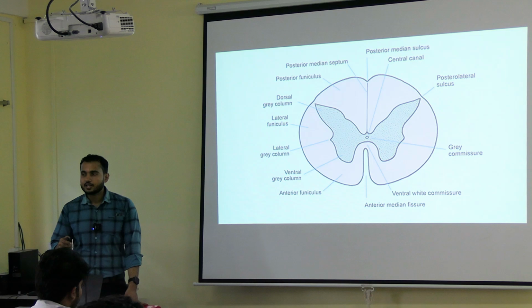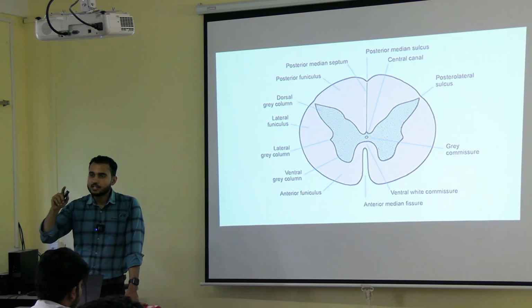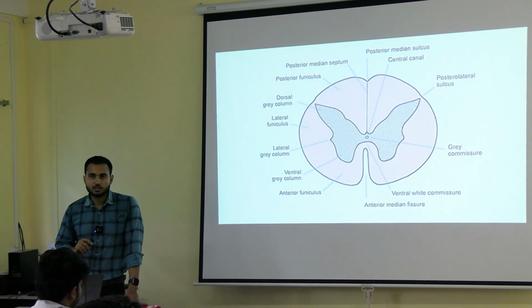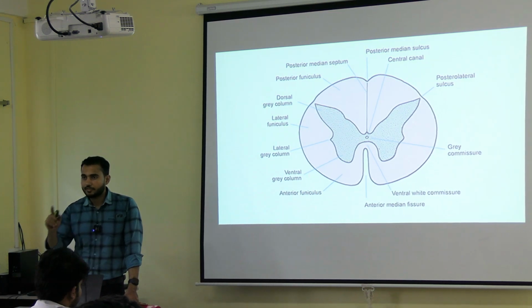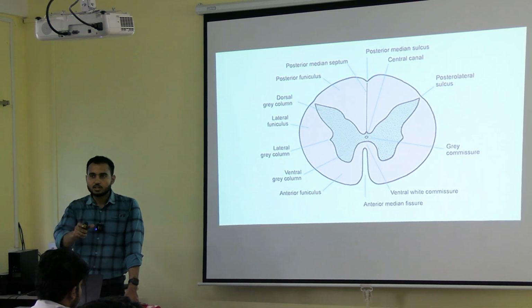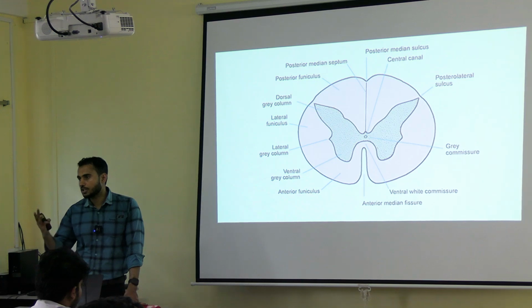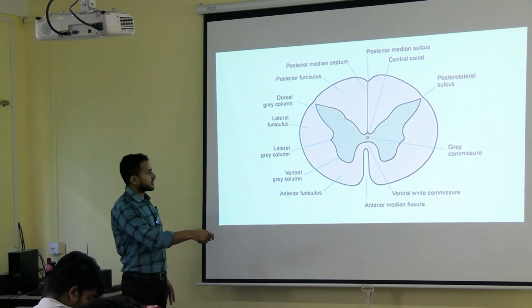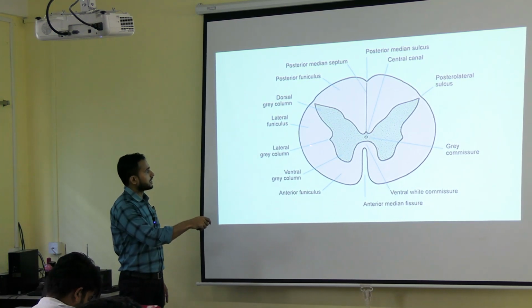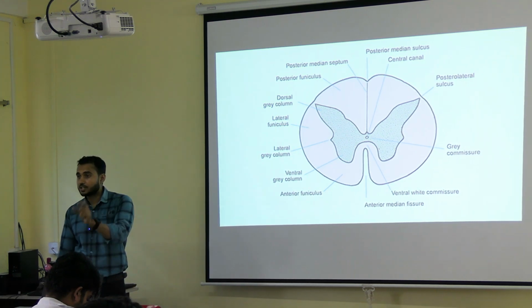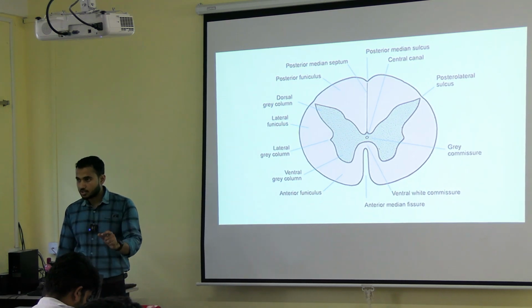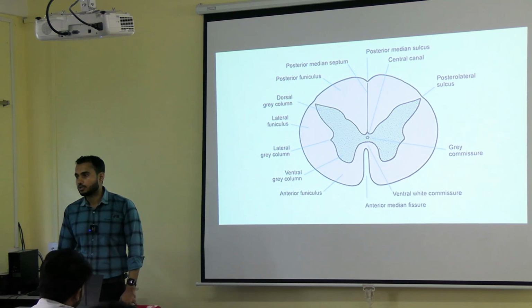Okay. Next, what I was asking about fibers. तो जो fibers है is making the white matter. Now in the white matter, you know, you have studied about the tracts. So further the white matter of the spinal cord is divided into three parts. Okay, as you can see, this is the anterior funiculus, this is the lateral funiculus, and this is the posterior funiculus, or also called anterior white column, lateral white column, and posterior white column.